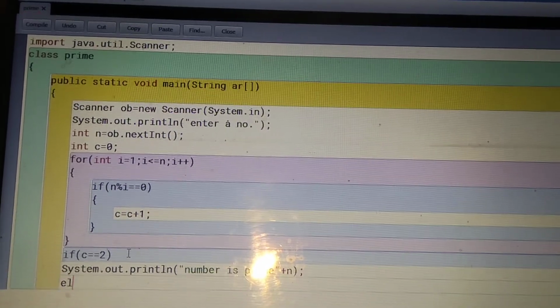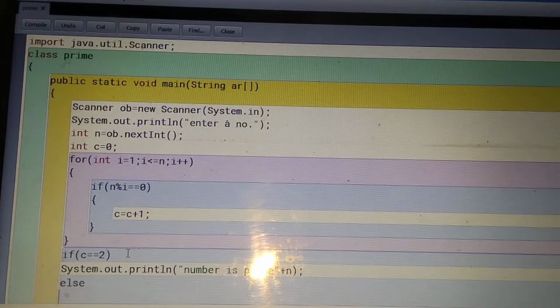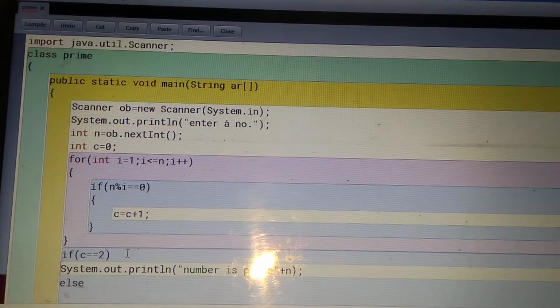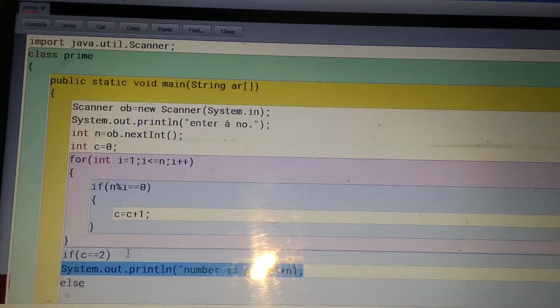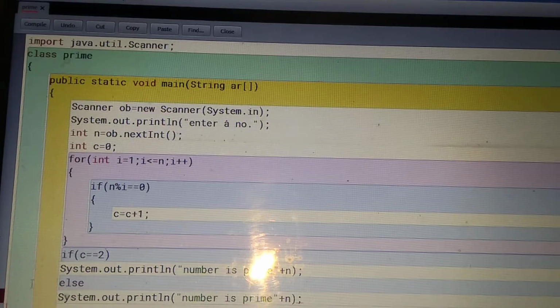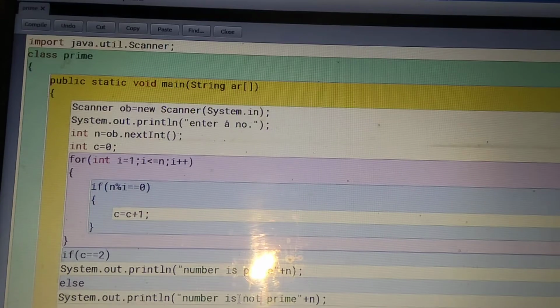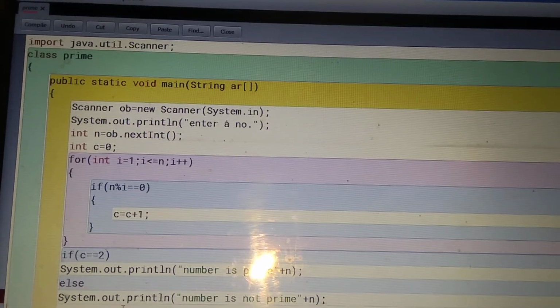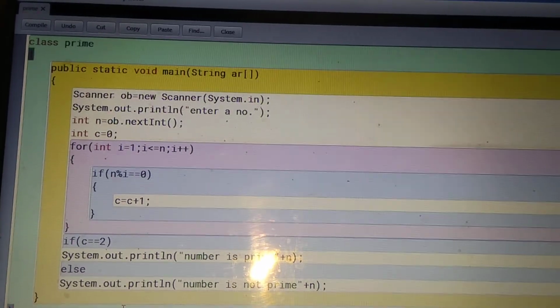Else, SOPLN, means System.out.println, or you can copy from this side. Copy it and paste here: number is not prime. After this, close the method and close the class.